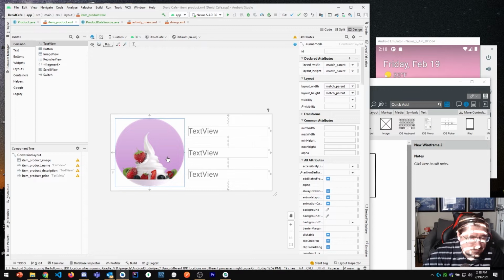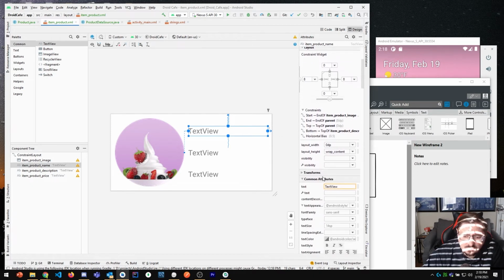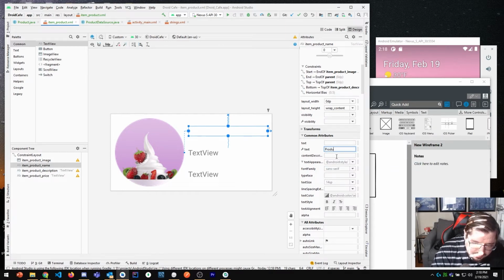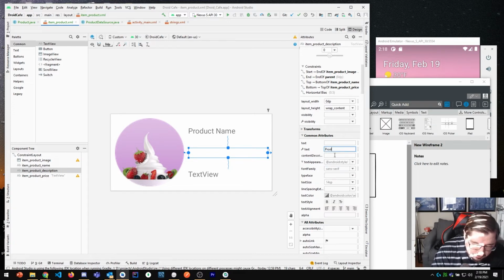All right, I think I'm caught up now. Thanks. Okay. So things I may want to do, I might want to quickly fix the text that's showing up in these different controls. For instance, right now it says text view on each of those three. So I'm going to change that to be product name, and I'm putting this in the designer property instead of the regular property. Product name, product description,